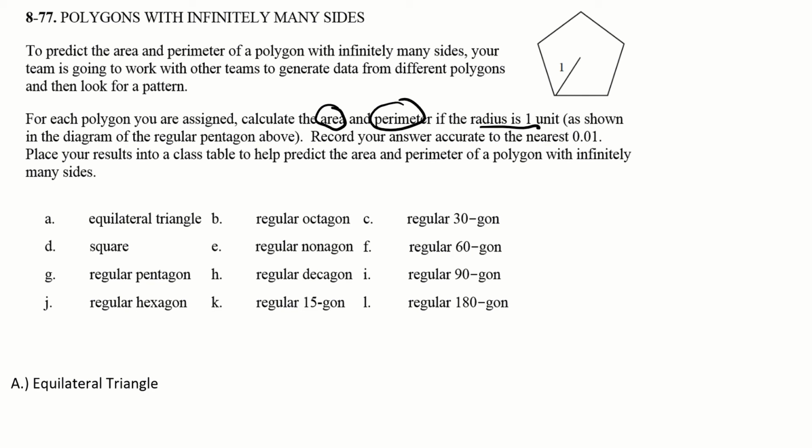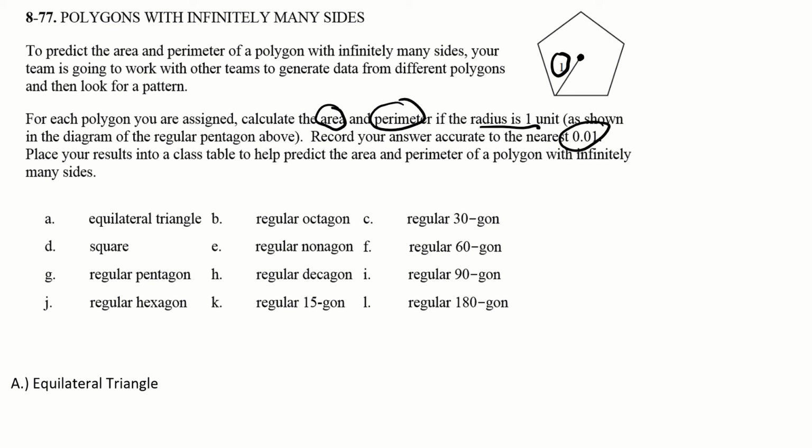So notice this is the radius of the polygon, right? Record your answers accurate to the nearest 0.01. Place your results into a class table to help predict the area and perimeter of a polygon with infinitely many sides. Now, this is an exercise that I really like doing because in class, what I would normally do is